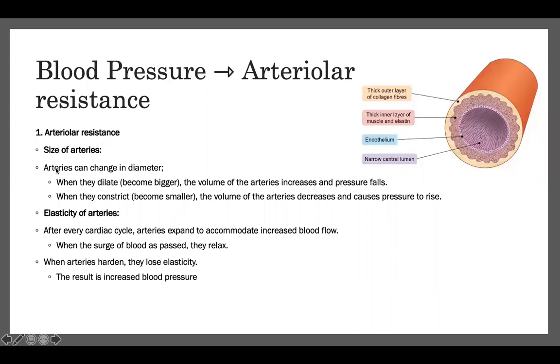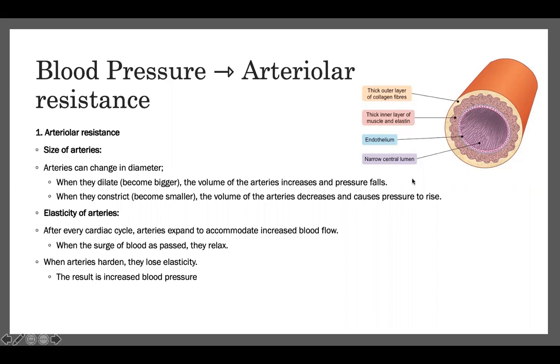Your arterial resistance is going to look at the size of your arteries. So your arteries can change in diameter. With every cardiac cycle, blood is exiting the heart, going through the aorta, and your aorta is going to expand slightly just to accommodate that surge of blood. So they're going to what's called dilate. When they dilate or become bigger,